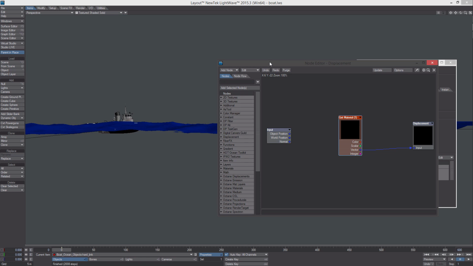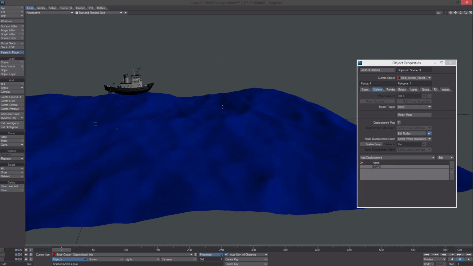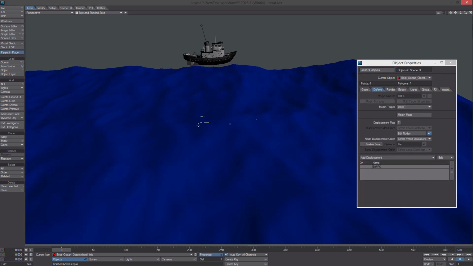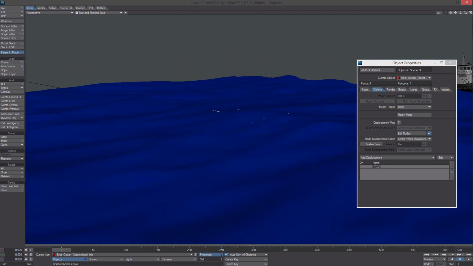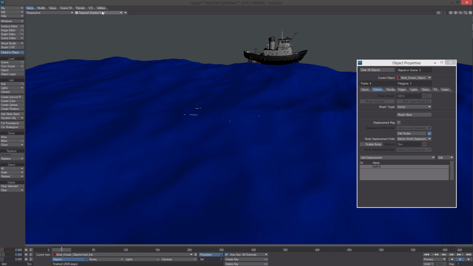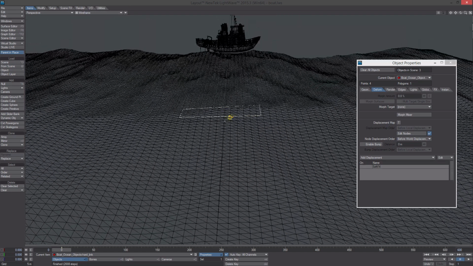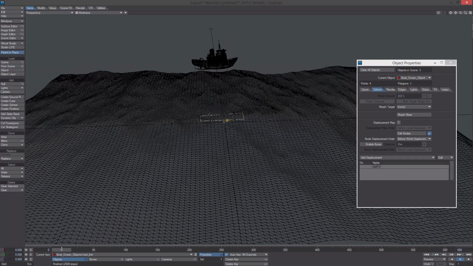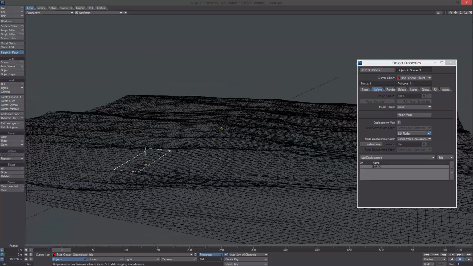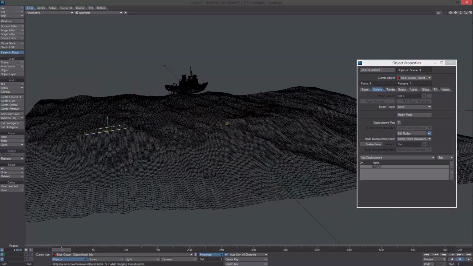And you can see that now our points are displaced to the same points that the other object is displaced. If I put it on wireframe, you might be able to see better. And what's nice is that even when we move this around, you'll see that it respects the motion. So what I'm going to do is I'm going to start